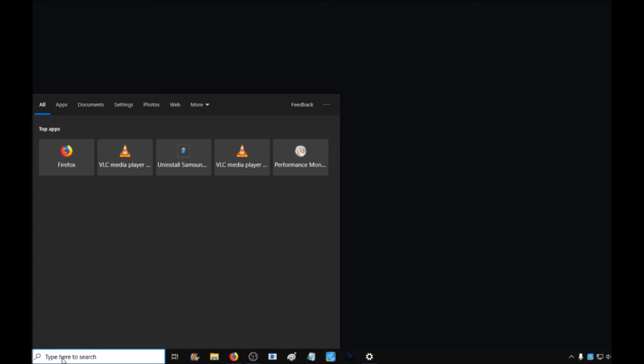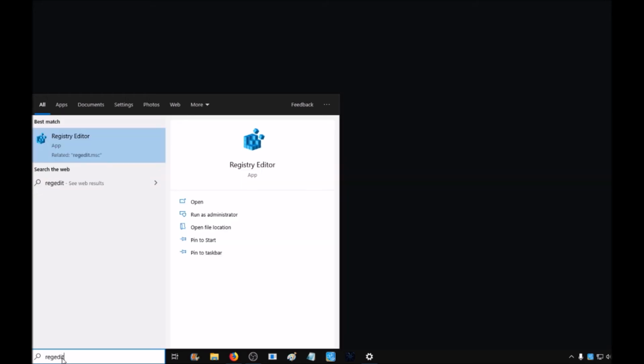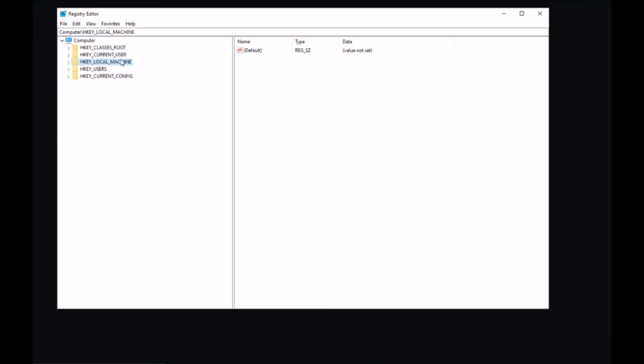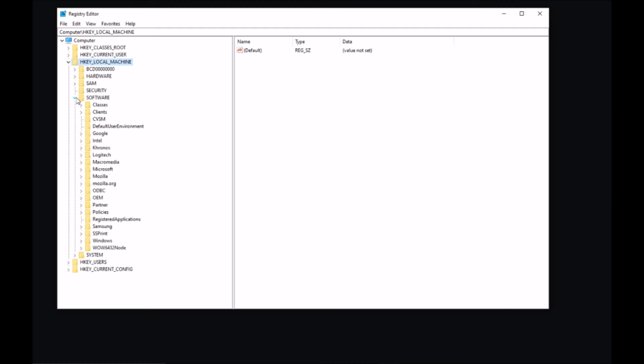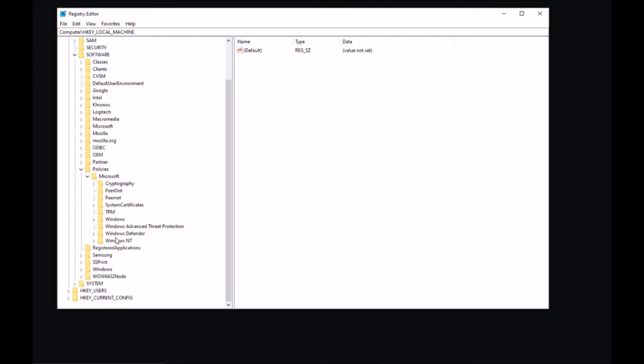From the desktop, we are going to open the registry editor. So type in regedit registry editor. So regedit, click on it, click yes. And by the way, this is a sensitive part of your computer, so don't touch anything else and don't do mistakes here. Careful. Let's just go to HK local machine. Let's select the left arrow here, select software, select policies, Microsoft, and here we are going to click on Windows Defender. You may click 2 times.